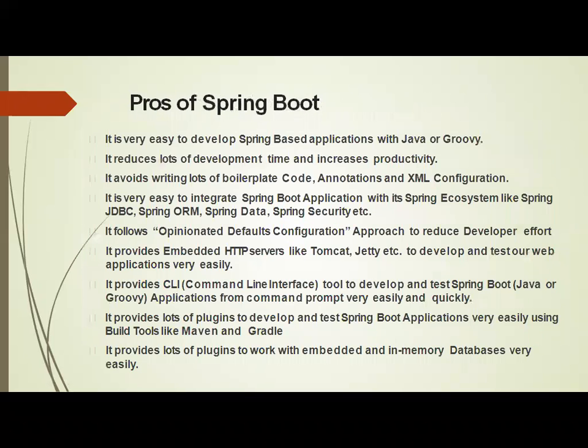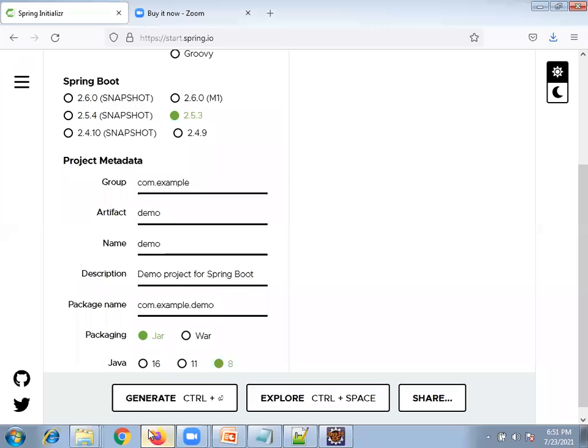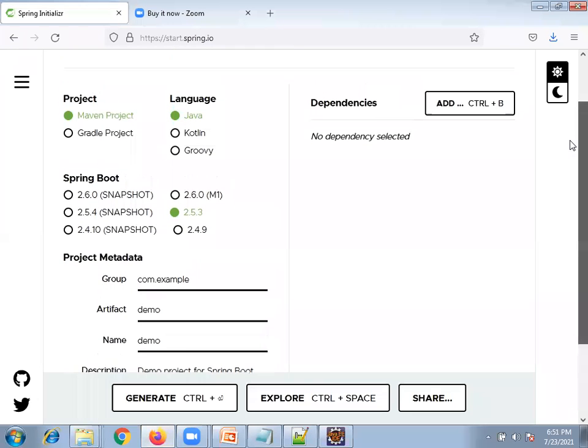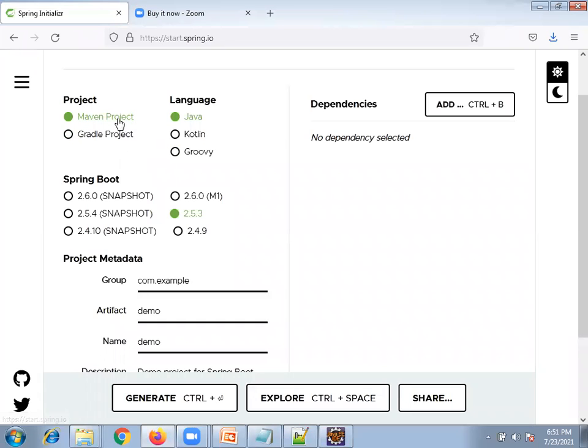Now we are going to discuss the advantages. It is very easy to develop a Spring based application by using Java or Groovy. Spring Boot supports Gradle or Maven, so two types of projects will be there. Java developers always use Maven projects, but we can do it with Gradle also. Gradle works like Maven and is equivalent to Maven. With Maven we use configuration in XML, while Gradle uses a property file. If you want, you can check it.